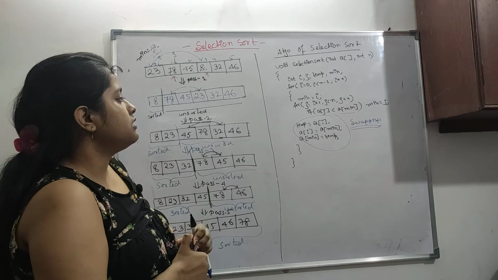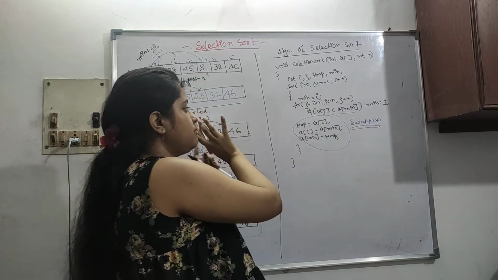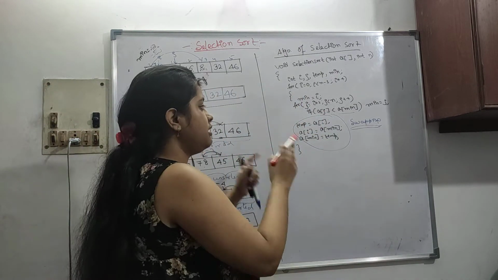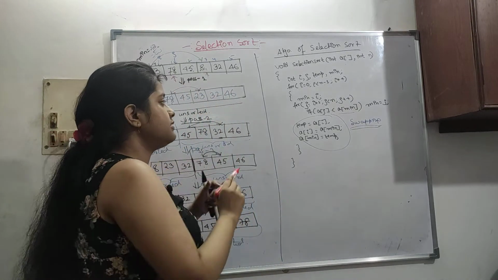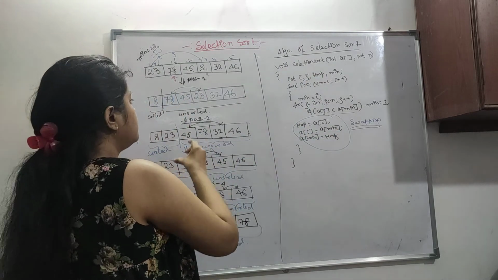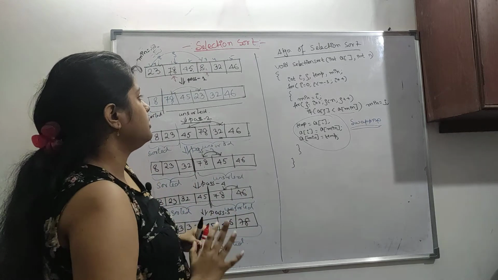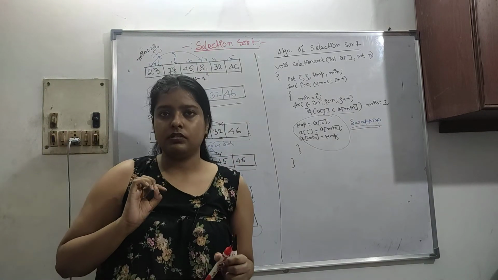So actually what is it doing? In the first pass we are checking, then in the second pass we are going from the second element to the last element, and whichever is the minimum element will be swapped with the first element, and this will go on in a recursive way. Okay. So now I hope you have understood this. So now we have to do the time complexity analysis of this sorting algorithm. Okay. So I will erase this and we will go and see the time complexity.